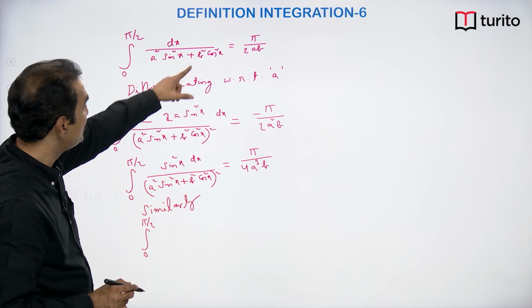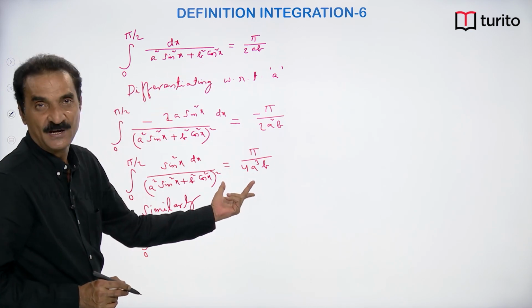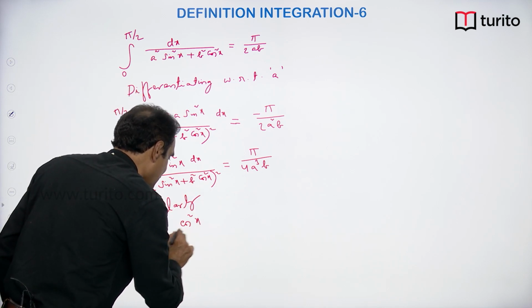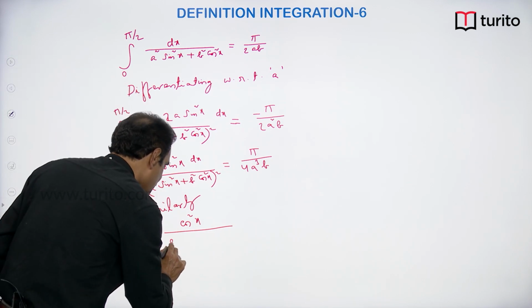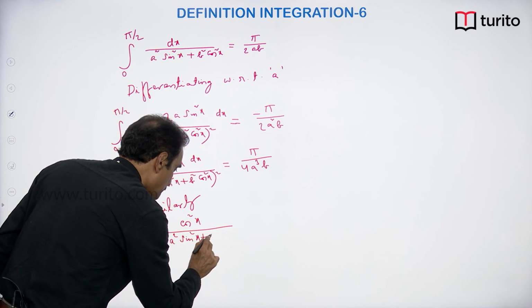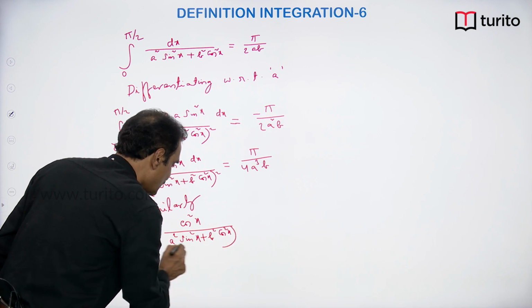In place of sin square x, you will get cos square x, and a becomes b, b becomes a. So, you will get cos square x by, denominator remains same, a square sin square x plus b square cos square x whole square